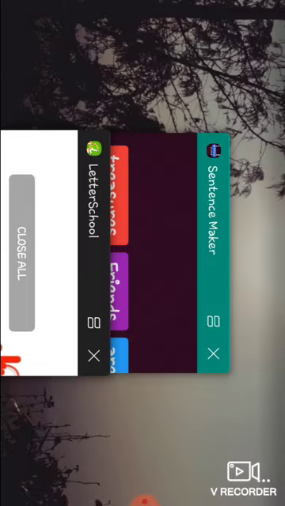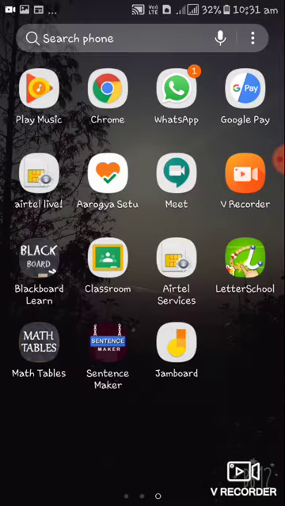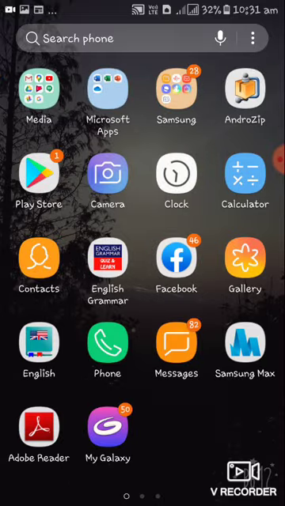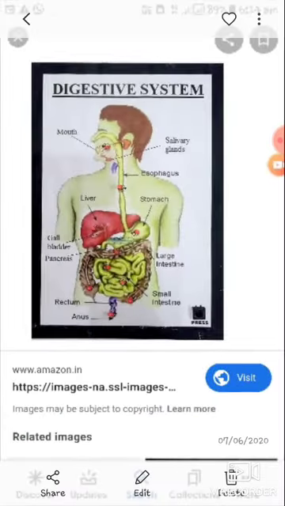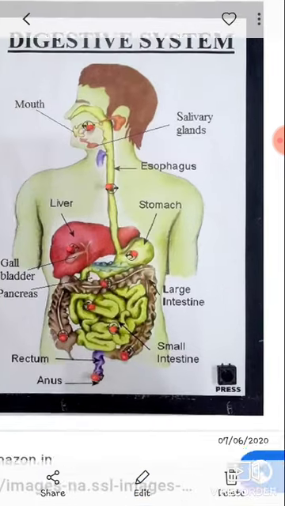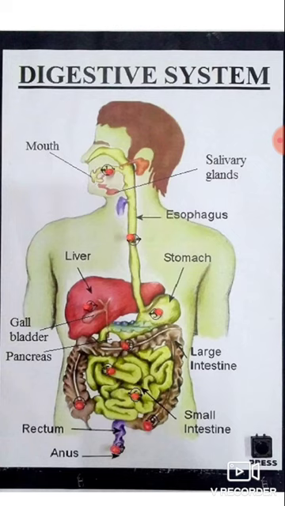Close all, yeah, this app, and again I am going to my gallery. Now the teacher has planned, and in his or her teaching wanted to use the digestive system. So this is the thing, you can make children understand which glands are called what.